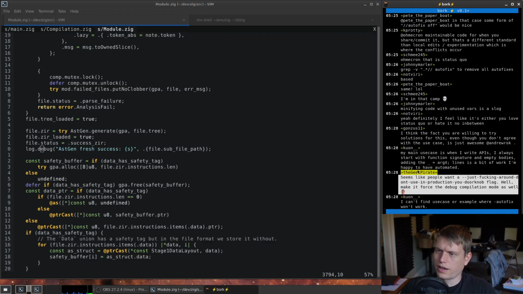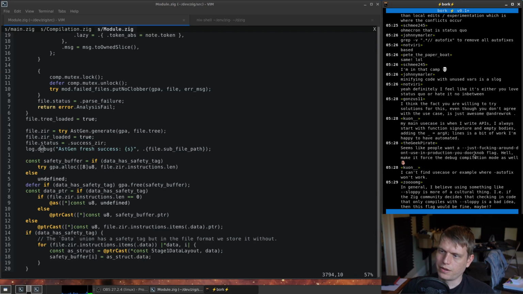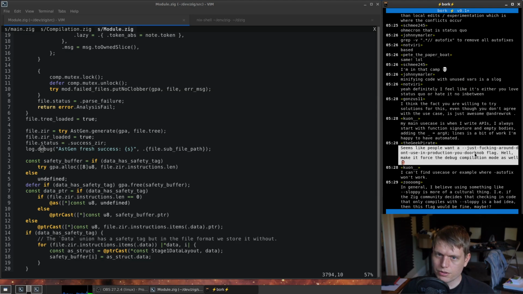Right. So, okay. I think this is a good message, this is the thing to point out. It seems like people just want a sloppy mode flag, right? And yeah, I've also seen this suggestion before too. Make it force debug. Here's the problem though. If we do this, then I promise you that sloppy code will make it into source control. And then, has anyone here worked at Microsoft? Guess what? They have assertions in their code, but none of their code works if you turn on assertions. Like, you can't